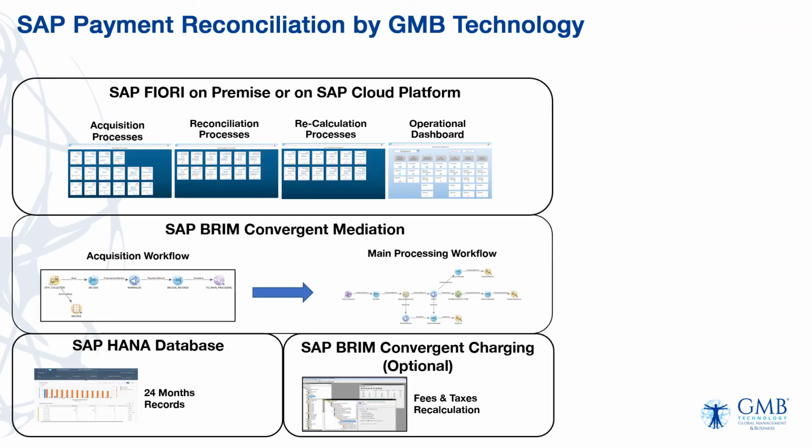SAP Reconciliation Solution by GMB Technology helps you to reduce the exposure to risk while eliminating manual-intensive processes through an advanced transaction matching rule engine. Business users have full control over the process and can enrich and match transactions via an easy-to-use interface if it is necessary. GMB's Payments Reconciliation Solution is dedicated to identify, classify, and correct inconsistencies between corporate systems, financial institutions' reports,